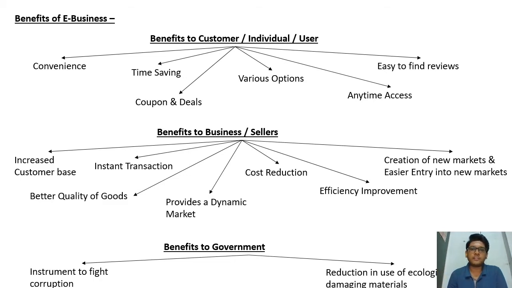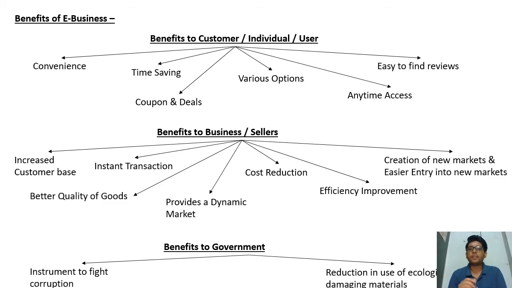What is the convenience? Convenience is available 24 into 7 into 365 days. It is time saving. We don't have to go physically to the shop, go interact and all. It is time saving and cost saving. What are the coupons and deals? I go to Amazon, I get an offer of 50%. I go to Flipkart, I get 30% off. So these are the coupons and deals which are beneficial to the customer, and I get